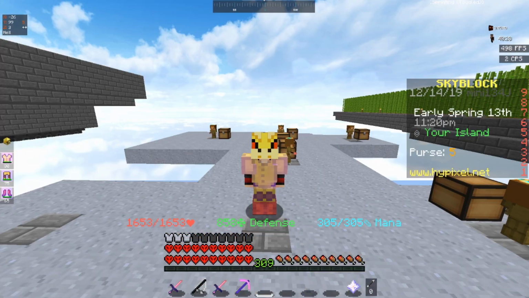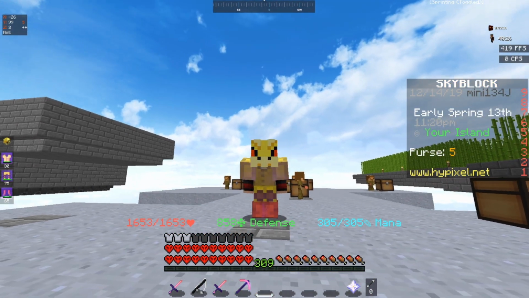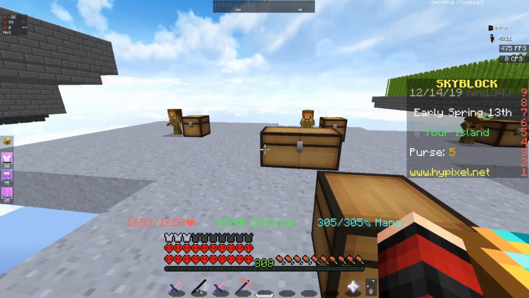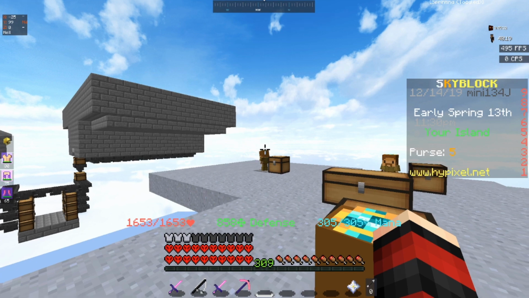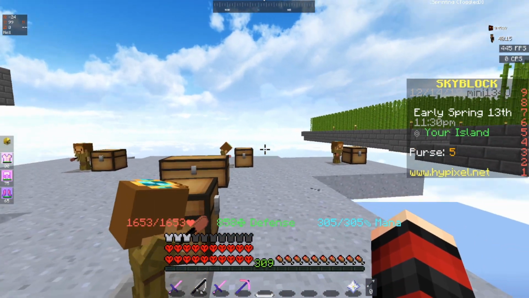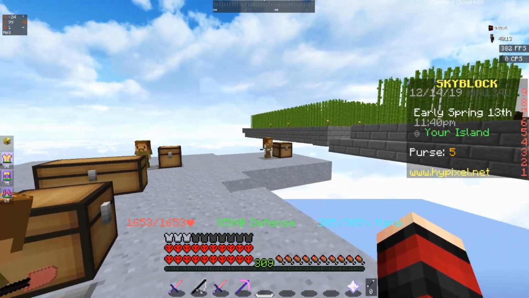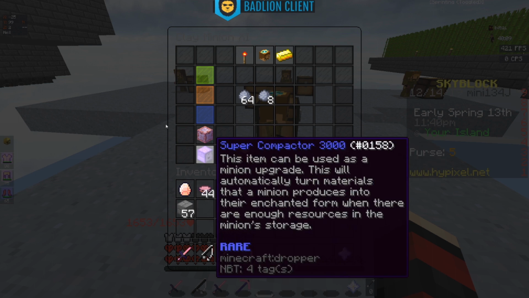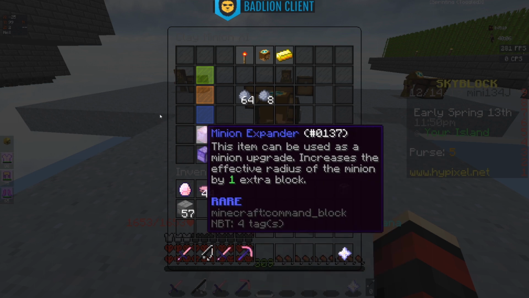Alright guys, we're back here on the island and the hour is up, so we have to see what we got now. I've already put everything into the chest, and the first minion has 2 minion expanders, the next one has a minion expander and diamond spreading, and the next one's just our normal setup, so diamond spreading and a super compactor, and this last one here is a super compactor and a minion expander,